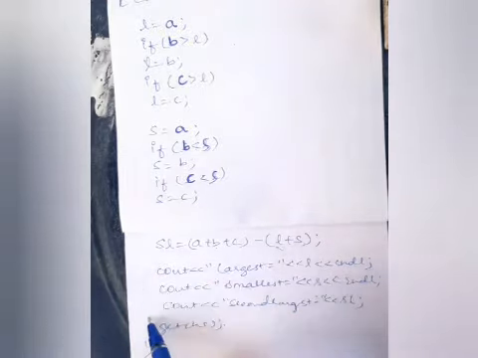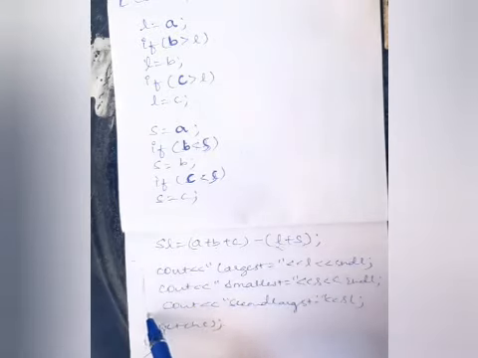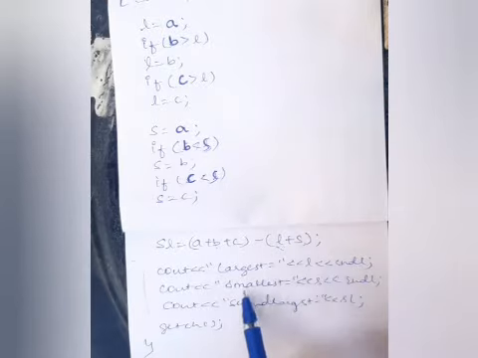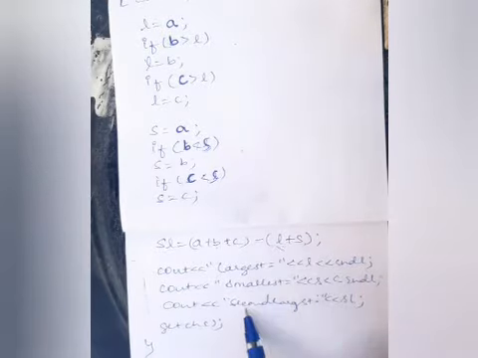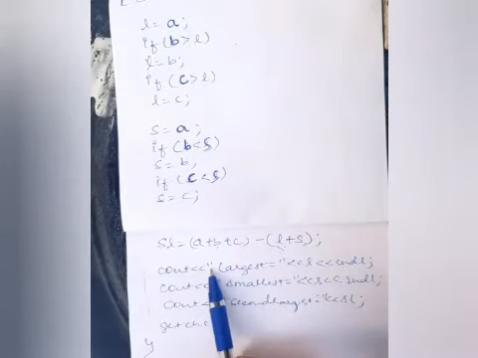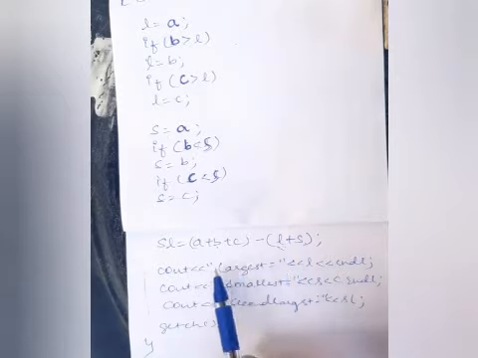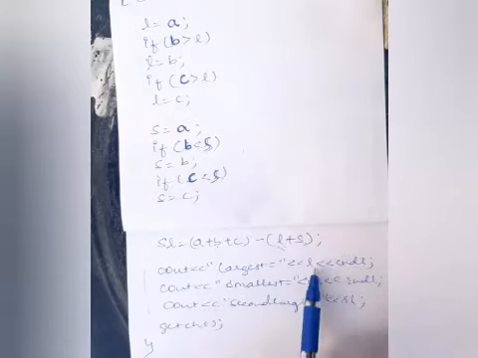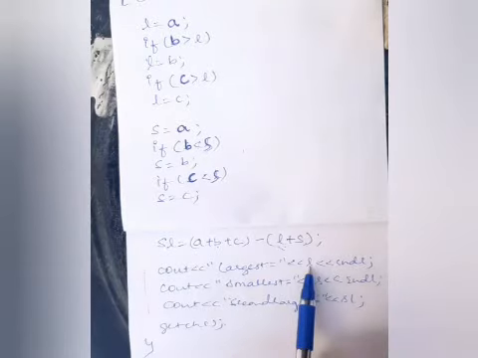At last we have the output statement. You can look at the last three lines: largest is equal to L, smallest is equal to S, second largest is equal to SL. And you need to know that whatever message we put within double quotes is going to be displayed as it is. And whatever we display without double quotes will give the result, that is, the value which is stored in that variable.